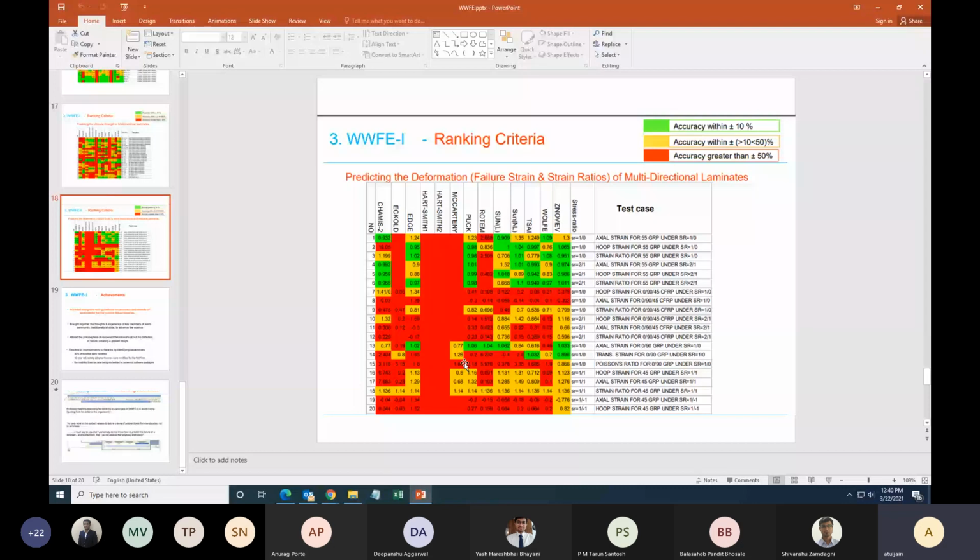You still will have, at the end of the day, once you have decided on your part, once you are confirmed that that is the optimal part, you have to make it and you have to test it to prove it. Nobody will believe only simulation results. And this is only for unidirectional lamina. That I have a laminate, each laminate has all fibers aligned in the same direction. If they are short fiber composites or injection molded, that is out of scope for this worldwide failure exercise. Their error might be more, might be less, we don't know.